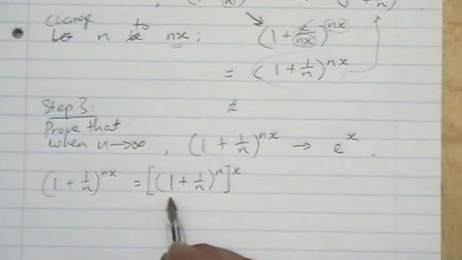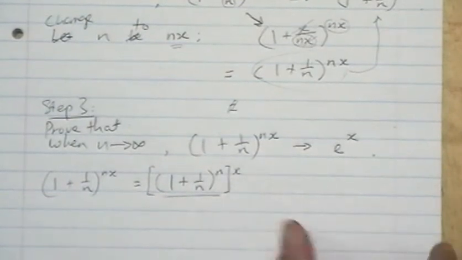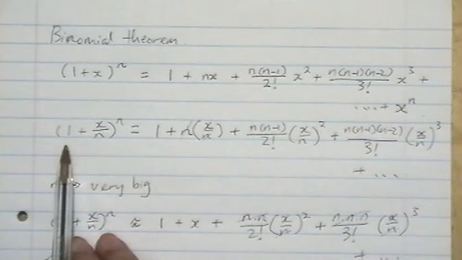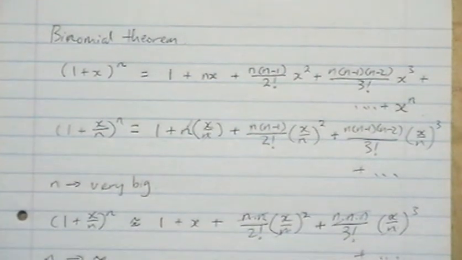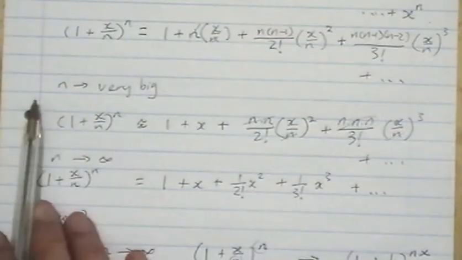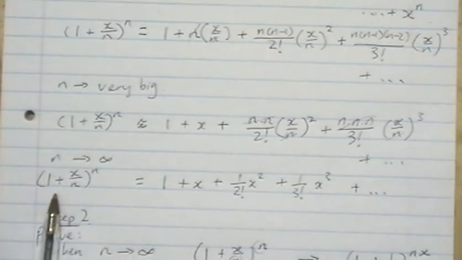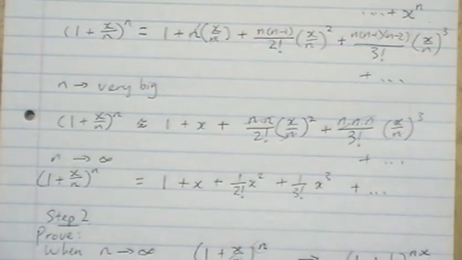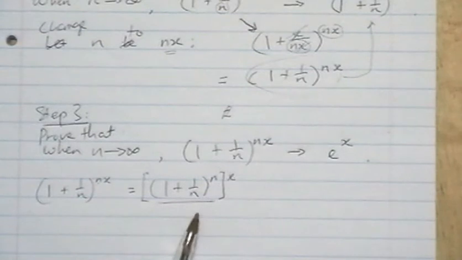Next, think about what this is. If we look back at this expression here, when n is very big, remember that we've shown in the previous step that this becomes equal to this. Now if I compare this with this,